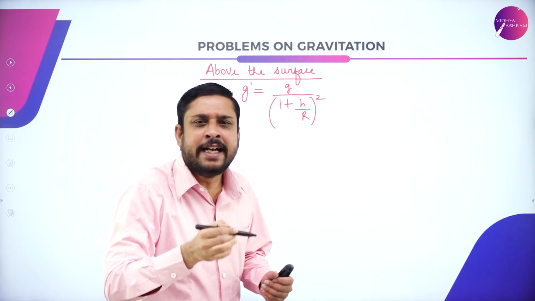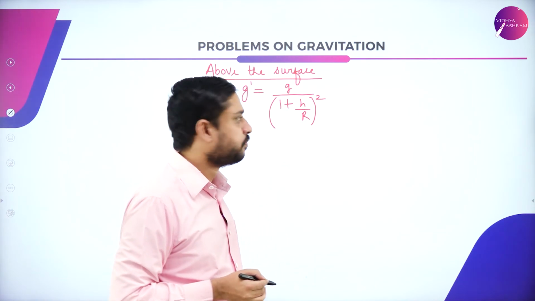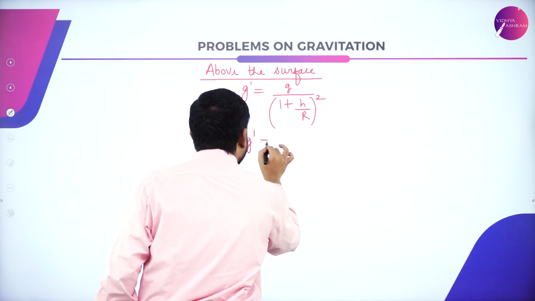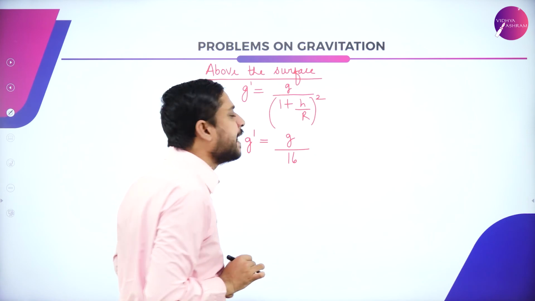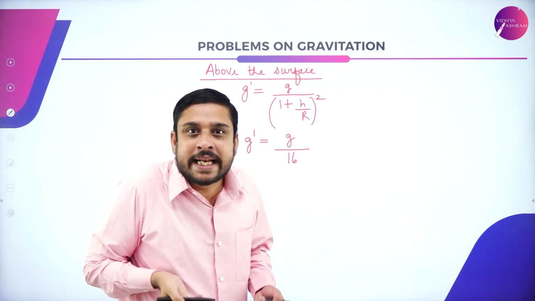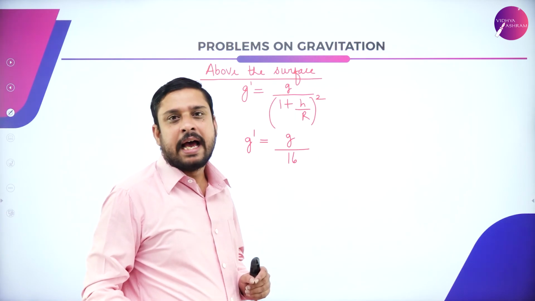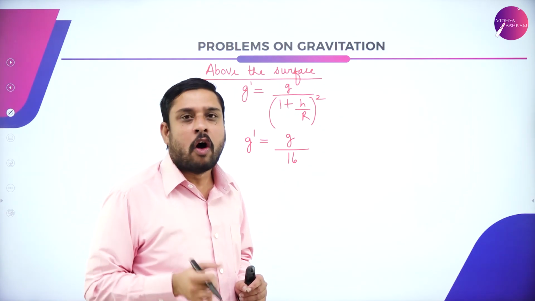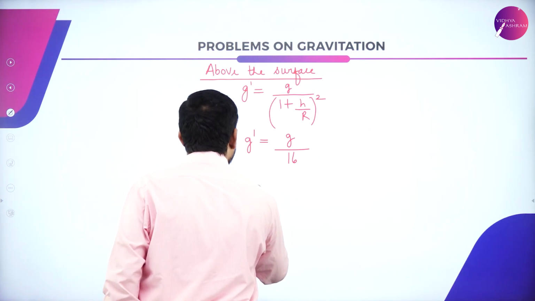This modified gives you the first expression we used. Given g dash is g by 16 now, 1 divided by 16 of the acceleration due to gravity on the surface of the earth, which means